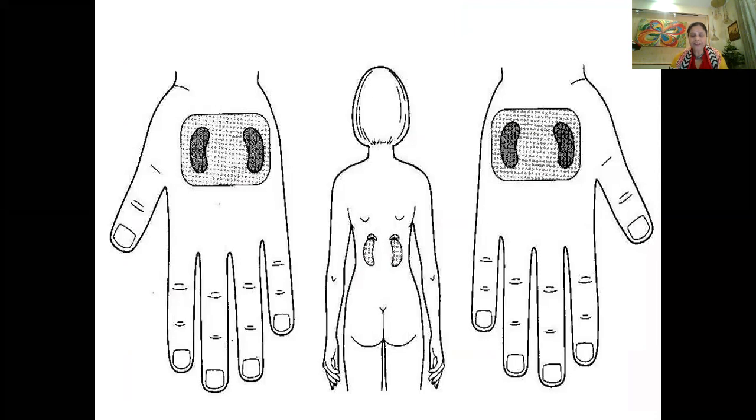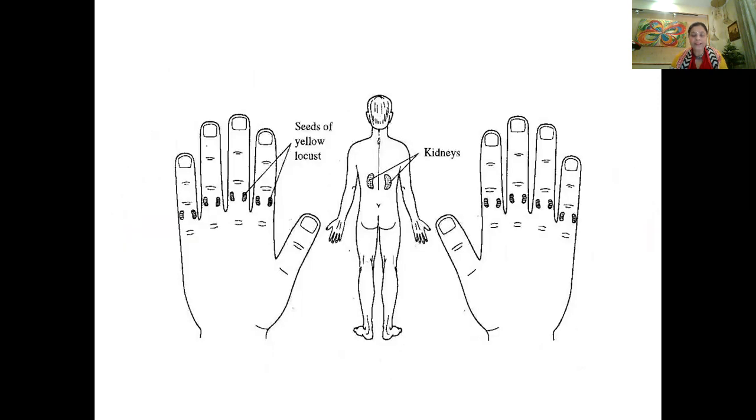The location of kidney in the standard correspondence system of the hand, or you can say in the basic system, kidney points are on the yang side, the back side, like this. You can see in the picture, and I will show you on the hand also. And in the insect system, the finger system, kidney points are located here at the base of each finger, and each finger has kidney points. Now you have so many kidney points. The only thing is, if you succeed in finding the painful point, then the result becomes very good and you get quality results.